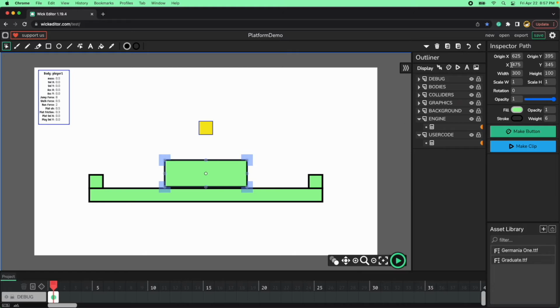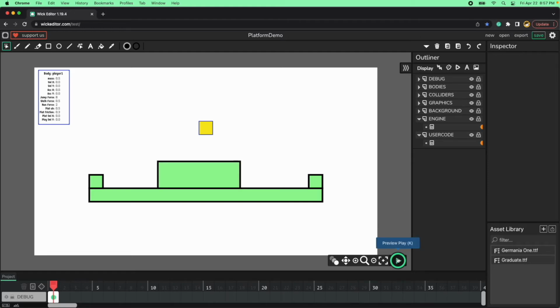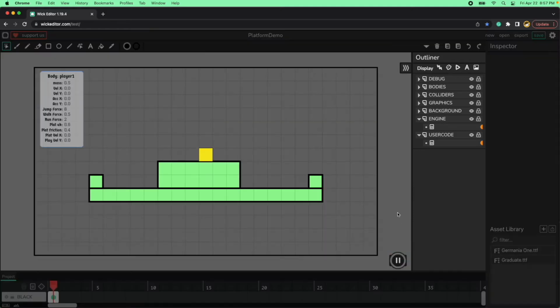So in here I need maybe 450 to be aligned to 50, and in here same thing, maybe 350 to be aligned to a pixel unit of 50, and then 300 is a multiple of 50 and 100 as well. So we are fine. Let's test this. It's working as expected. It's colliding pretty well. All right,